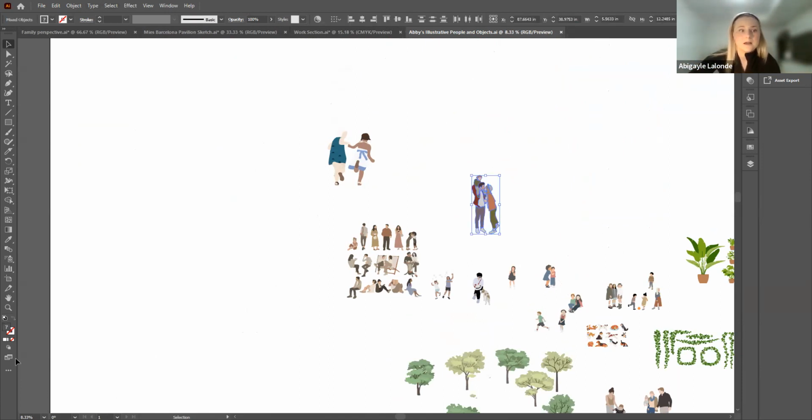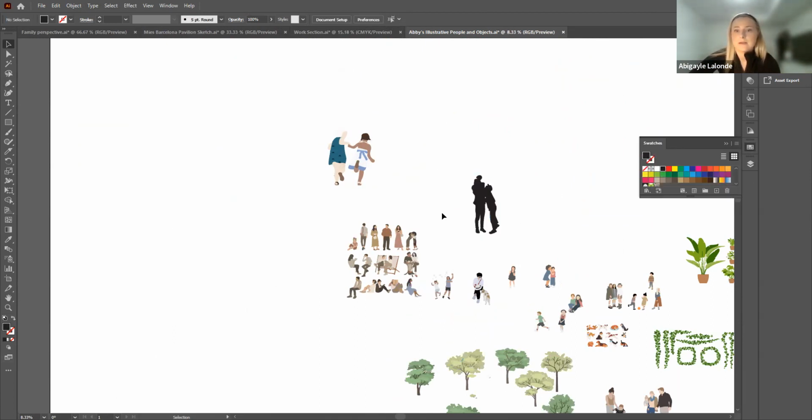So I'm going to select this and just add, for example, a black fill, and then see how you have an effect, kind of like a silhouette effect. Copy, and then,